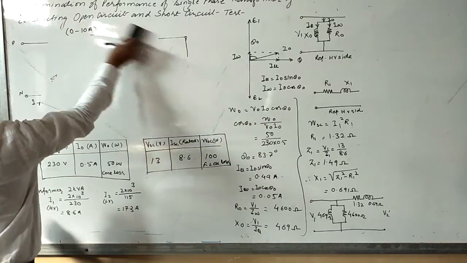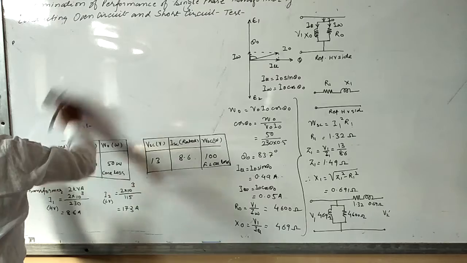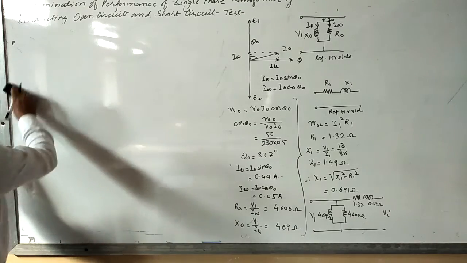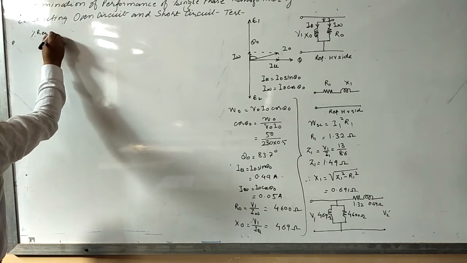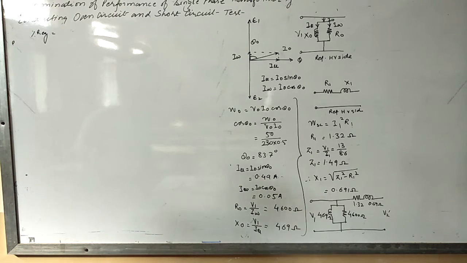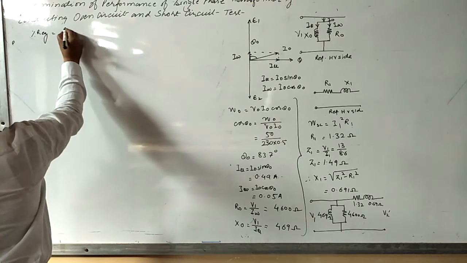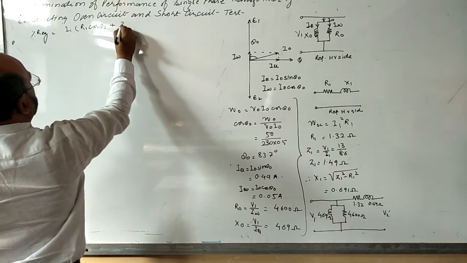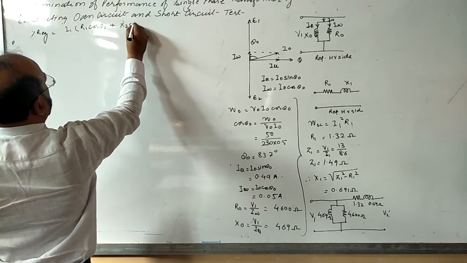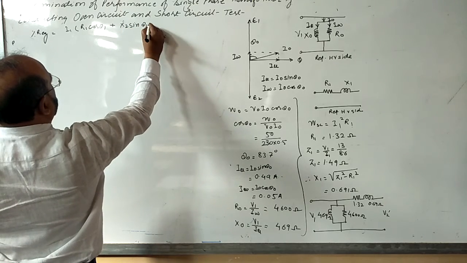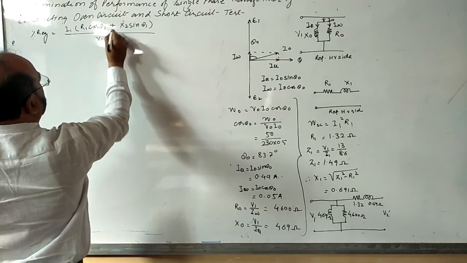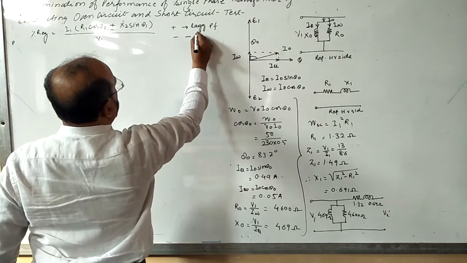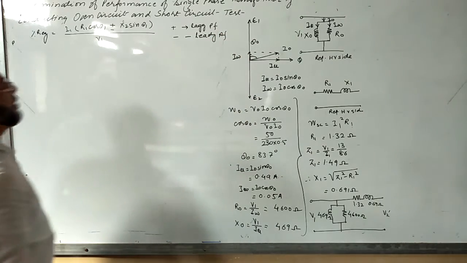Okay, from the equivalent circuit parameters, now see here, the percentage voltage regulation is equal to, say it is referred to the HV side, because it is I1 or primary side, I1 R1 cos theta 1 plus I1 X1 sin theta 1, because we are referring to the primary side, divided by voltage V1, plus for lagging power factor and minus for leading power factor.